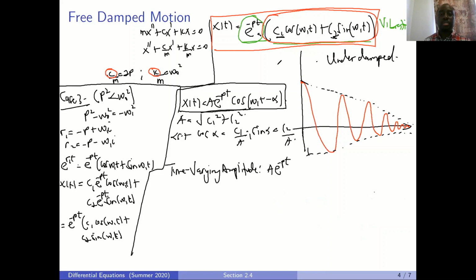That is governing these maximum points here. We can derive what is called the pseudo frequency, pseudo period,